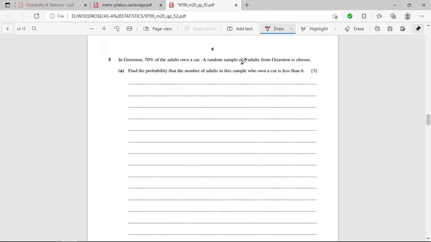We have n and we have p. These conditions satisfy a certain distribution which we refer to as binomial. We are given p and n, so automatically it's binomial, where we say X follows binomial